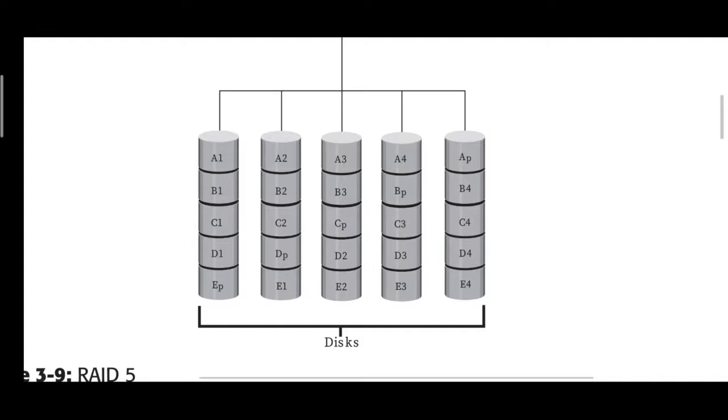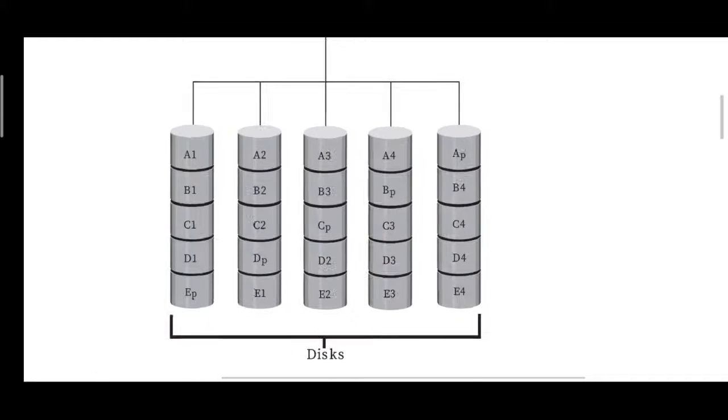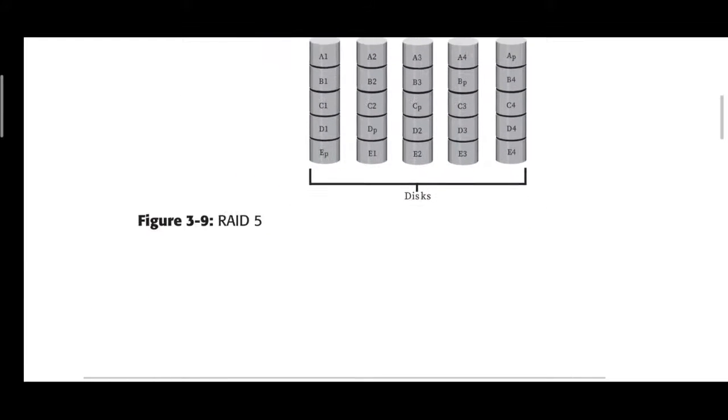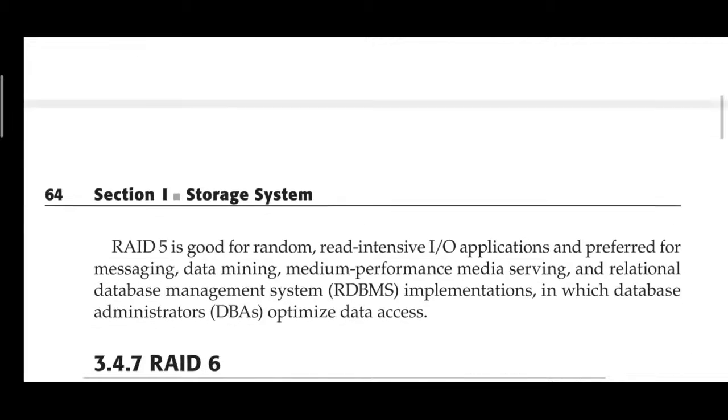Why is parity used? Parity is used for fault tolerance purposes, and data striping is for data protection, you know, right? In case one disk fails, then still you will be able to recover, or I mean access, the remaining portion of the data. That's why the concept of striping is introduced. So parity is a continuation of striping only, so striping is a must for parity. But along with that, for fault tolerance we have a concept called parity. Okay, striping is there of course.